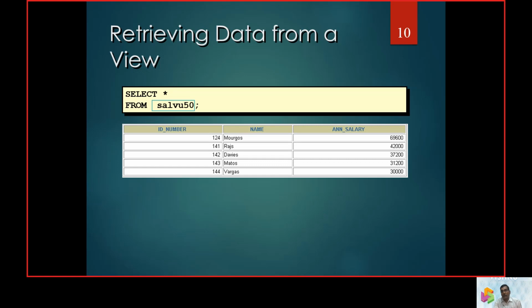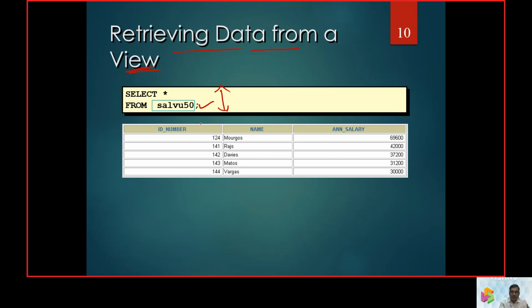So just as we access the table name, in the same way we are able to access the views also. How are we going to retrieve the data from a table? In the same way we are going to get the data from a view. So that is what we call selecting from salary view, that is with the 50.